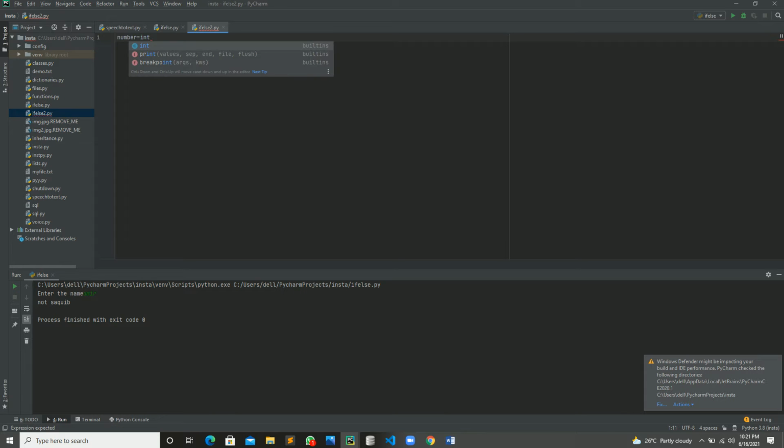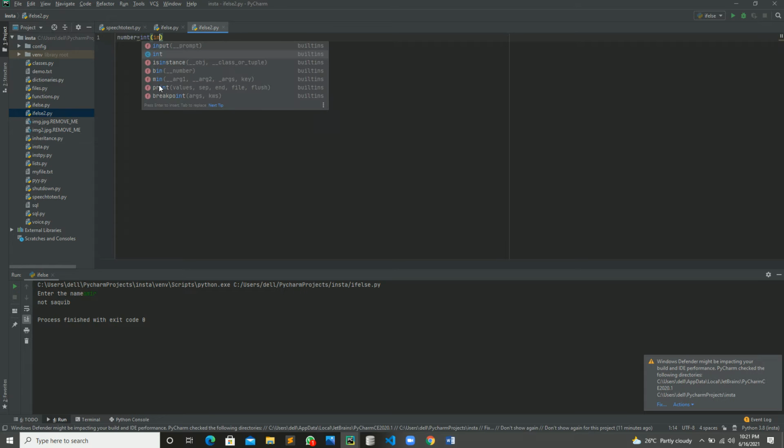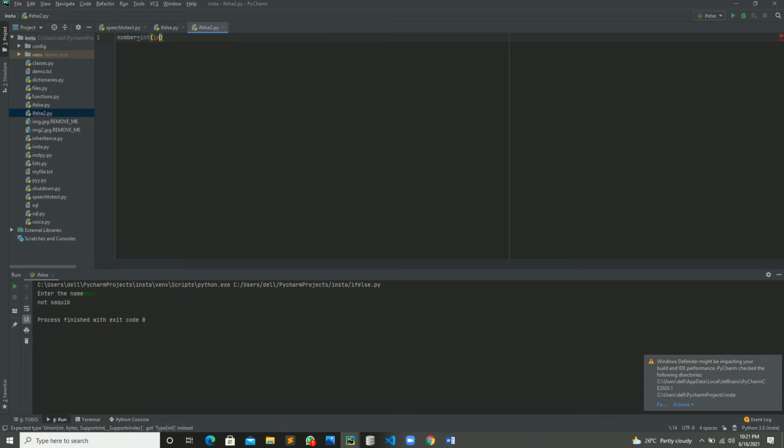so I will convert it into an integer, because whatever comes from outside comes in the form of a string. The input function takes everything as a string, so first it will take it as a string, and after that we convert it and assign it to number. Now I will say if number is greater than 0 and number is less than 10, or I can say less than or equal to 10, because I want to include the number 10, then print